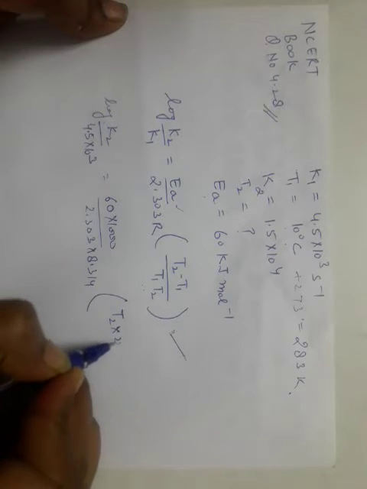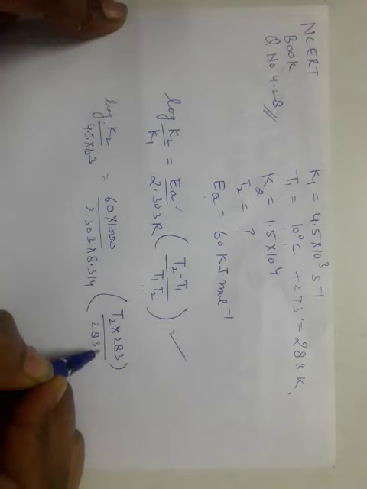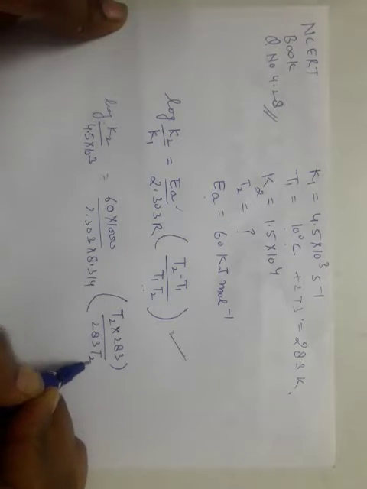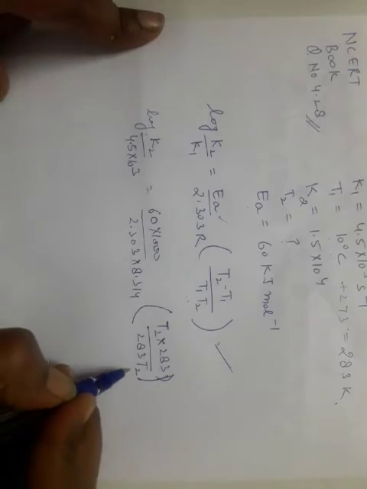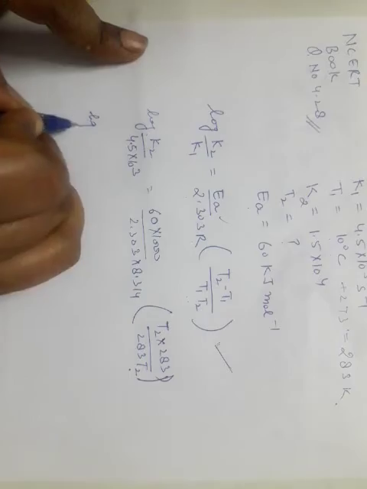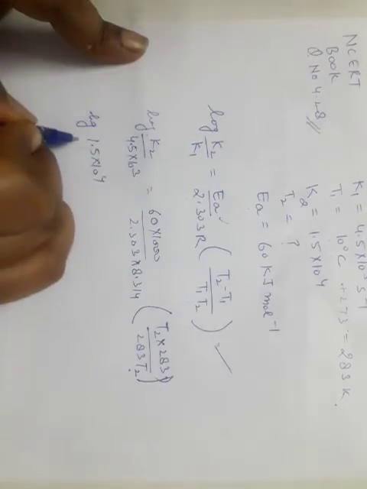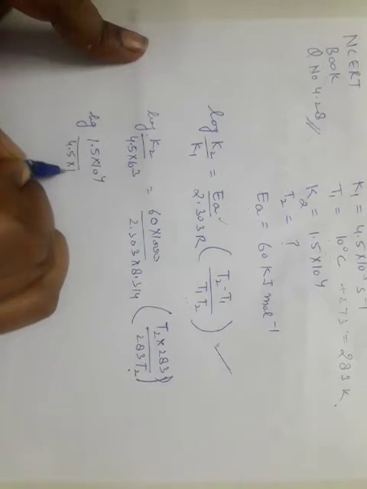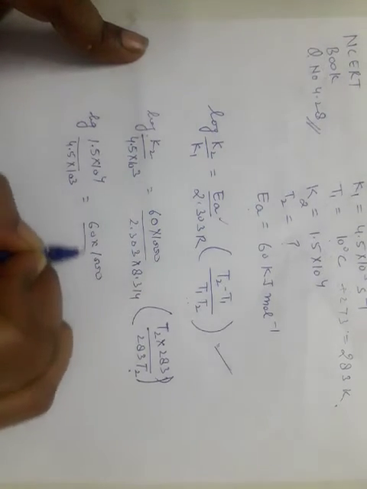T1 is 283, and the value of K2 is also given, 4.5 into 10 to the power 4, 4.5 into 10 to the power 3, 60 into 1000,